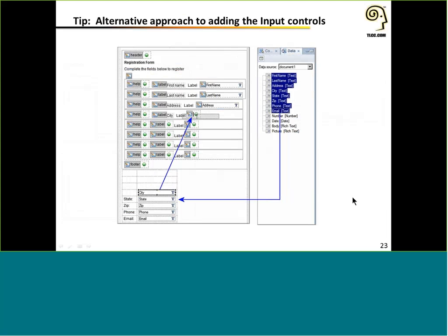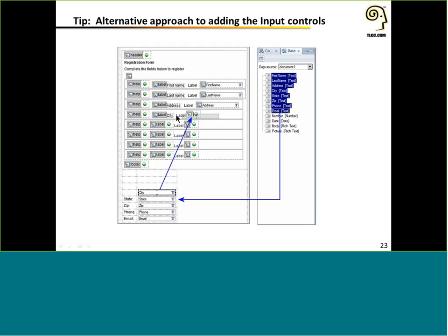Now here's a great tip to speed up setting up your forms with these form controls. You may be aware that if you set up a document data source on your page, you can select a bunch of fields and just drag them onto the page. What it'll do is set up a table for you, where the first column has a label control, and the second column has an edit box control, and the edit box is already bound to a back-end field on the document. So if you take this whole set of fields and drag them onto the page, now you can make use of the label facet as well as the content facet of each row.